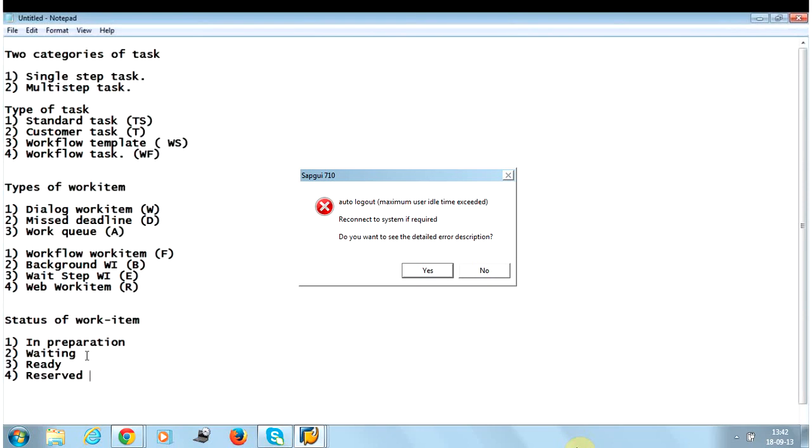I will show you how to define the condition for the work item. First let me discuss the status. Whenever that step gets executed, this work item will wait for that condition to be satisfied. So that work item is in the in preparation state because the condition has not been met. It will wait for that condition to be met, and the status will be in preparation. Now coming to the second one. The second one is ready.